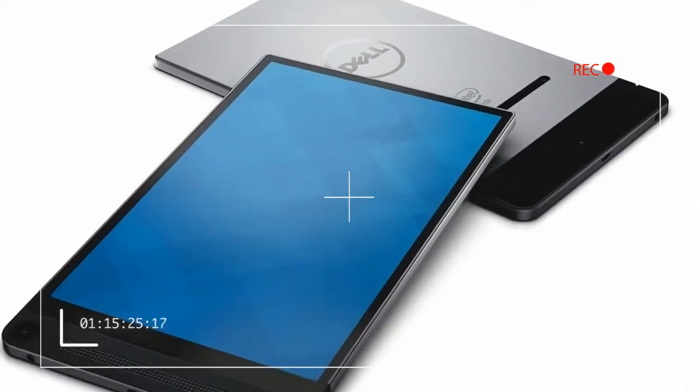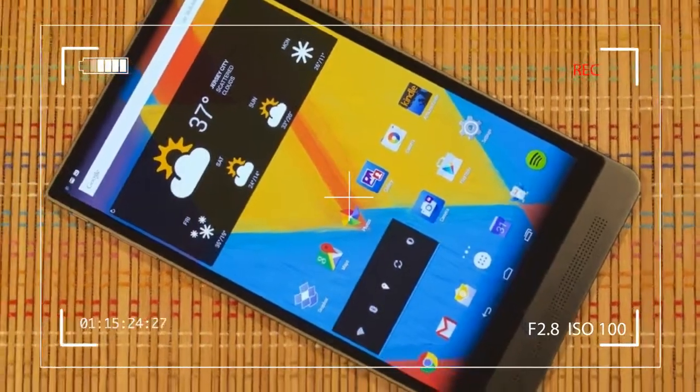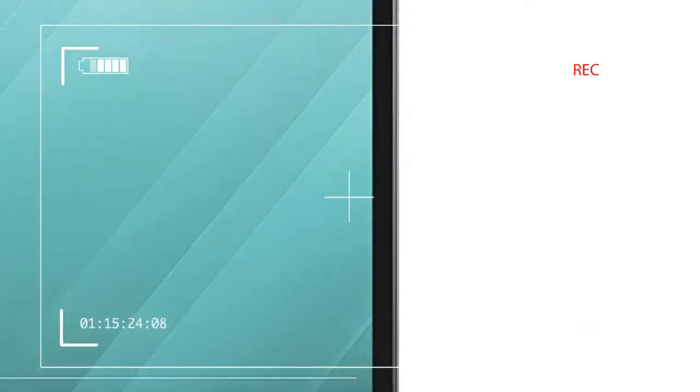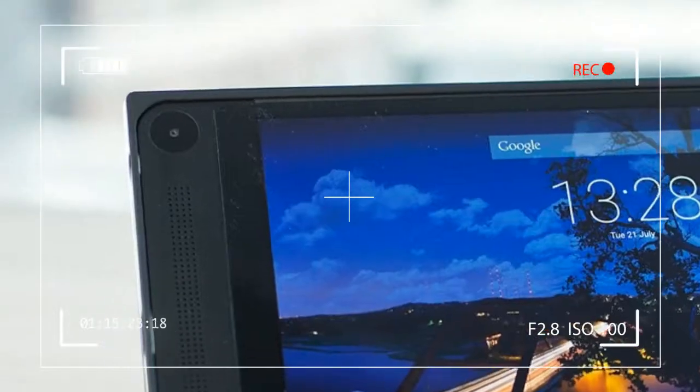Looks aren't everything, of course, but this tablet gives the iPad mini a run for its money in terms of power. The Venue 8 7840's sharp 8.4-inch screen sports the kind of resolution designed